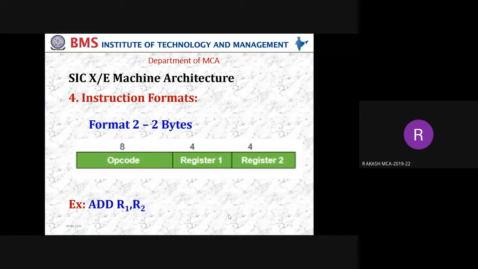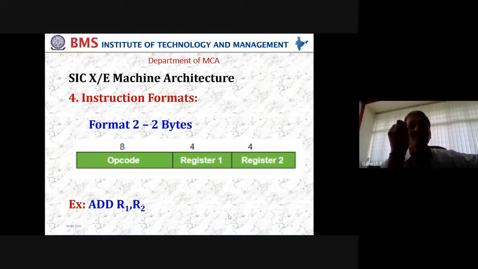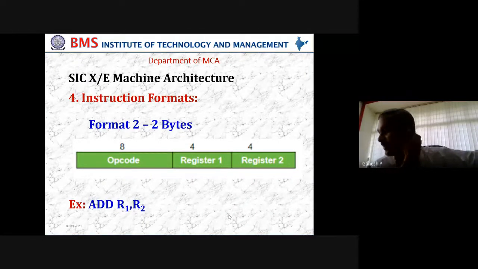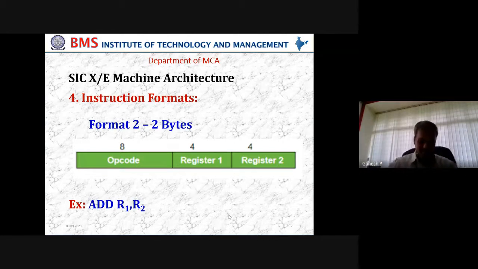So the register is 24 bits each. Yes, okay, the register is 24 bits, fine. That is the size of the register. But in the instruction, what do you specify? You specify only the address, no? That means which register I'm going to use. If I say I want to use the B register, I need to specify the address of the B register, because for me it is B, but internally it is not B, it is 3. If it is S, it is 4. If it is T, it is 5. If it is F, it is 6. If it is PC, it is 8, like that. So I will be representing that number here. So the length of the register is fine, but 24 has nothing to do here, because that is totally different.